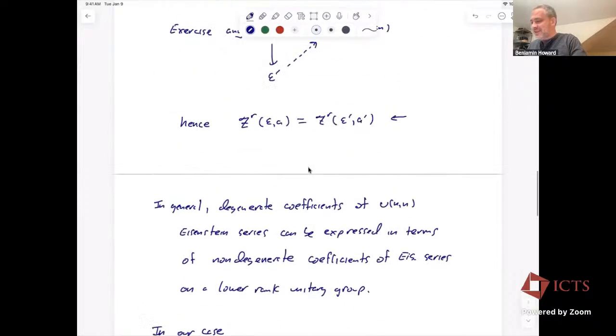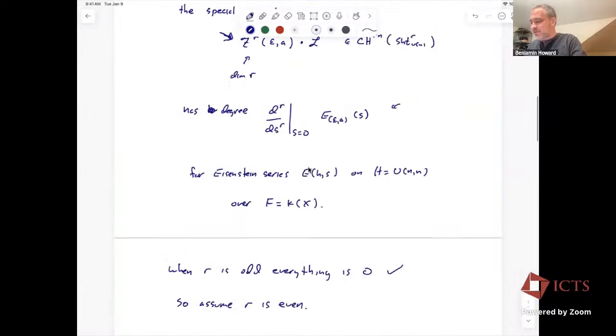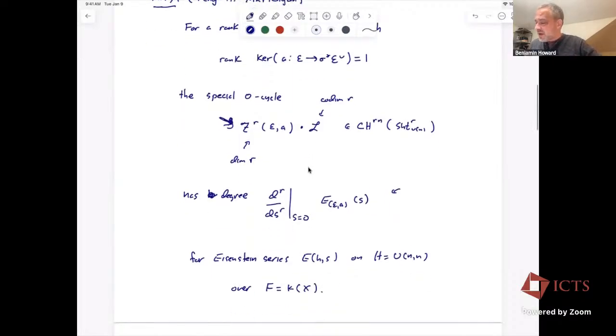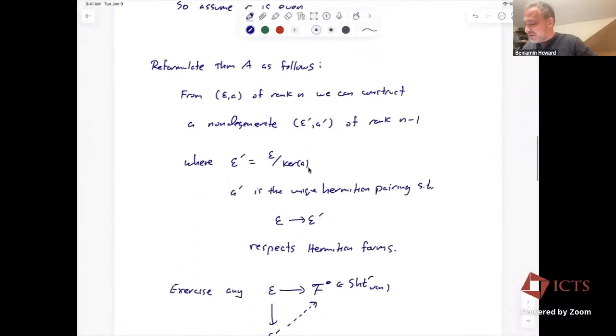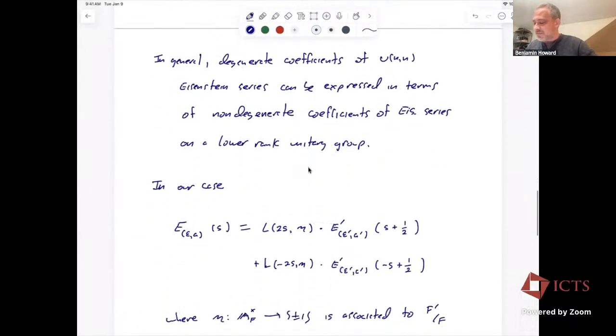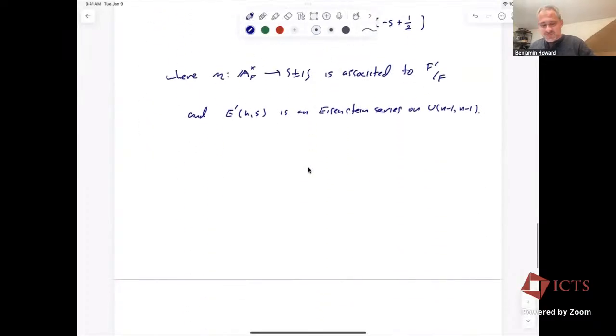So in the theorem that we want to prove, we've got this rank n degenerate Hermitian vector bundle. The left-hand side we can express in terms of some rank n-1 non-degenerate Hermitian vector bundle, and same for the Eisenstein series. So if you replace both sides of the desired equality by the corresponding thing expressed in terms of E prime A prime, and then rename everything to clear up the notation,